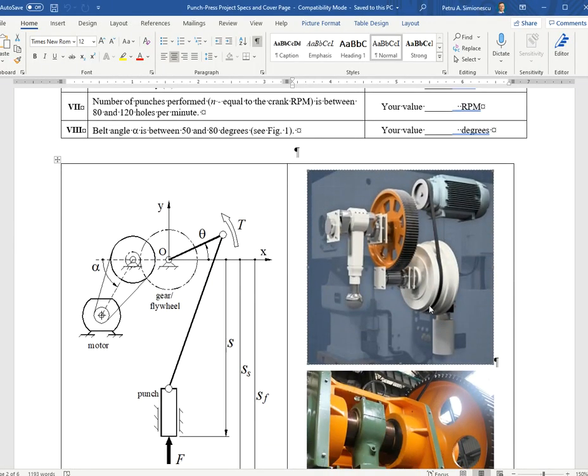So you have losses between the motor shaft and the crankshaft due to the belt, due to the gear. There's additional losses in the bearing and friction, all that. But also you want to have extra power to be able to, say, punch larger holes